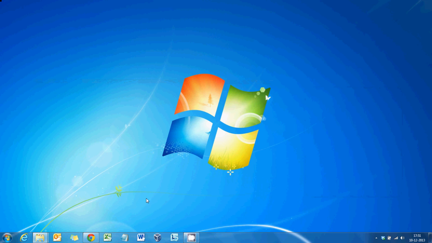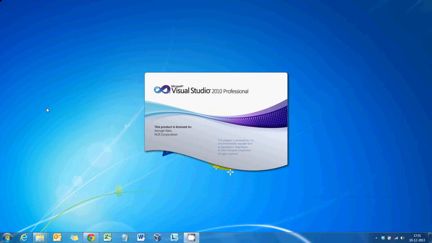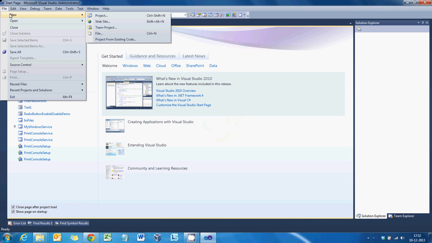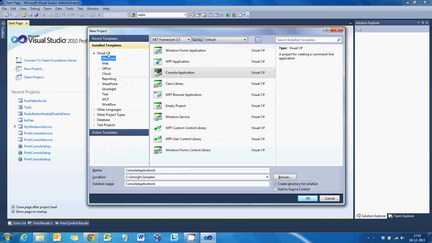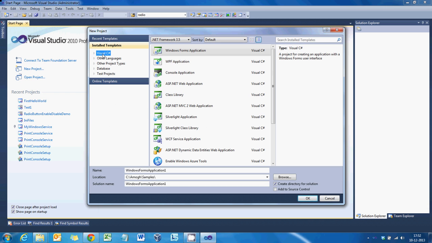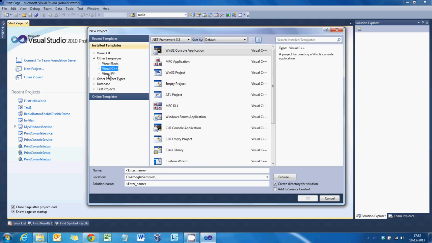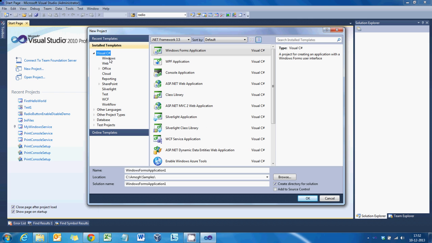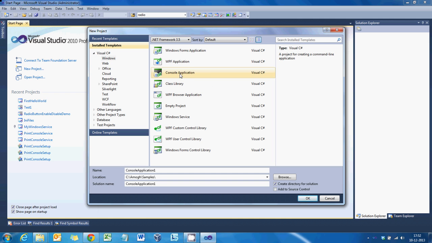For developing this console application, I'm going to use Visual Studio 2010, and I'm going to create a new project. For that, go to File, New, Project. To the left, you can see all the installed templates that Visual Studio provides, and it also provides them based on languages. You can see Visual C#, which is selected by default, and other language types are VB, C++, F#, and other project types as well. For now, let's just select Visual C#, and in that Windows, and now I'll select Console Application, and I'll give it a name, my hello world,